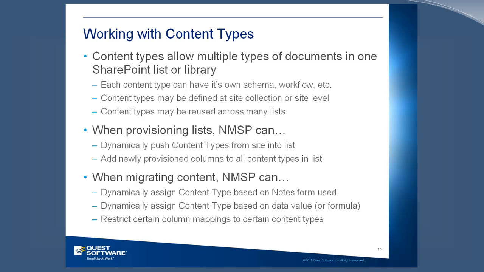So basically, you can set up a document type or content type called customer, and you can specify what the schema of a customer record is, what fields it has, and so on. You can also specify other things like workflow or forms that are associated with that particular kind of customer record. And you define these at the site collection level or at the subsite level, and then you can reuse it